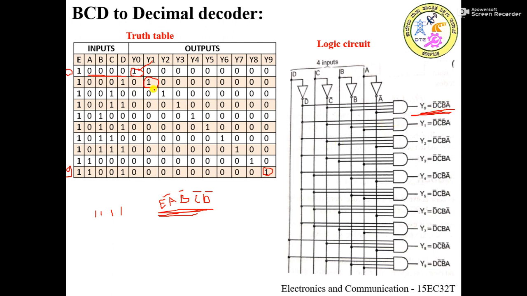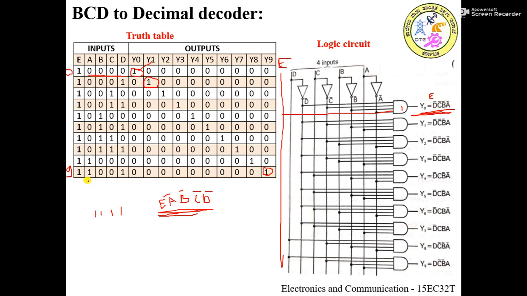If you consider the enable input, then I expect one more signal line, which is represented using a literal E, and I expect a 5 input AND gate with a connection from this line also to the AND gate. In the expression I have to multiply this with E, that is E d bar c bar b bar a bar.